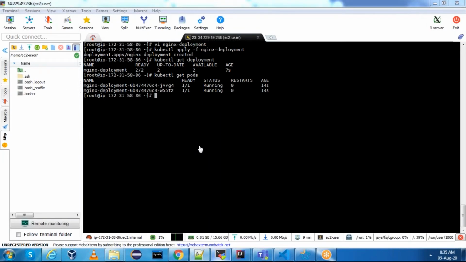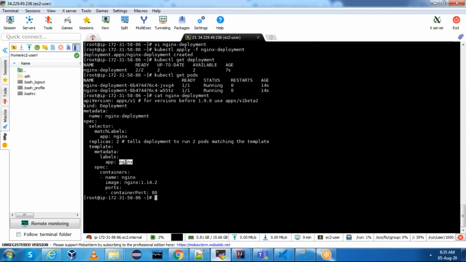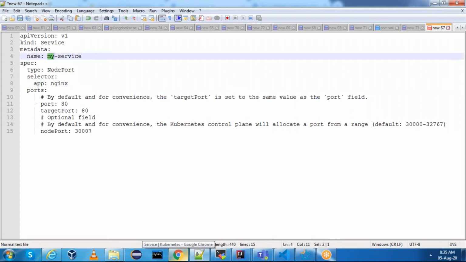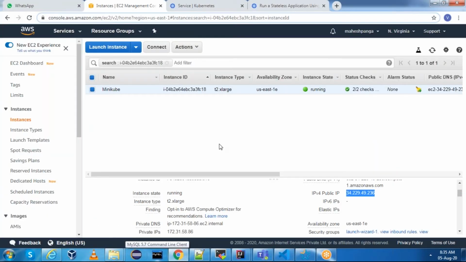Okay, copy this. Before running, let me show you. We have to match the template. Cat nginx-deployment. The name is app nginx. Okay, we need to match nginx. This is nginx. This is nginx-service, and I'll run on which port, whatever is already allowed, right?